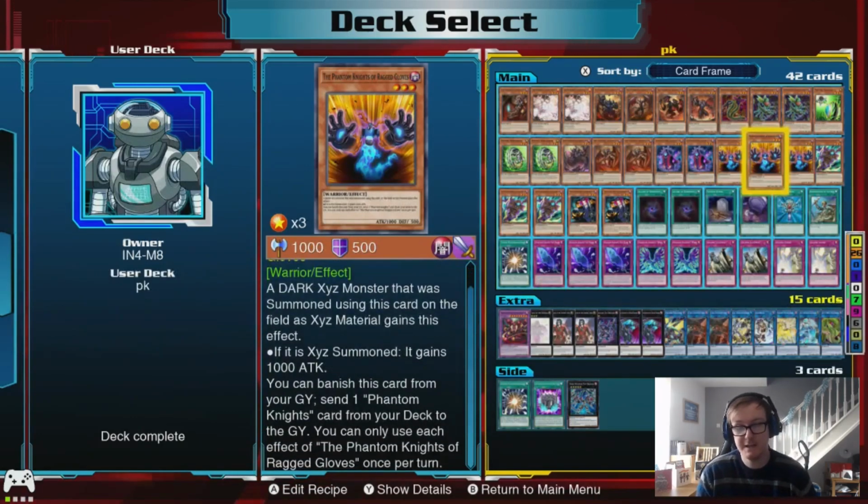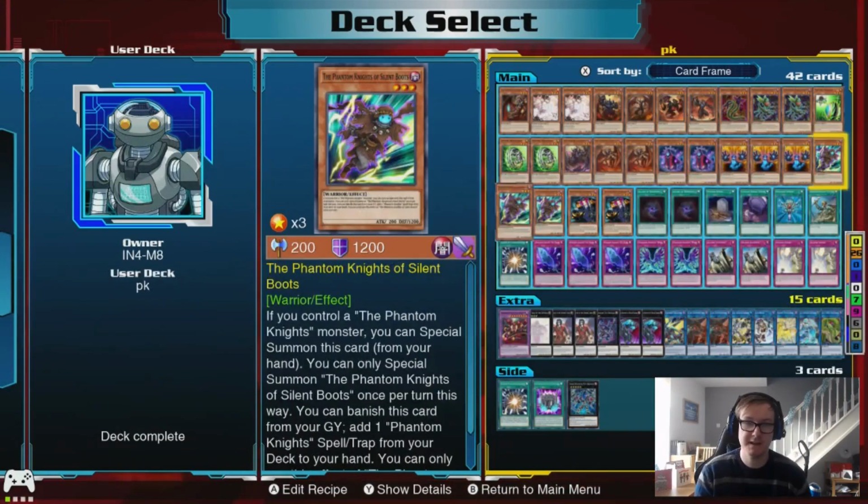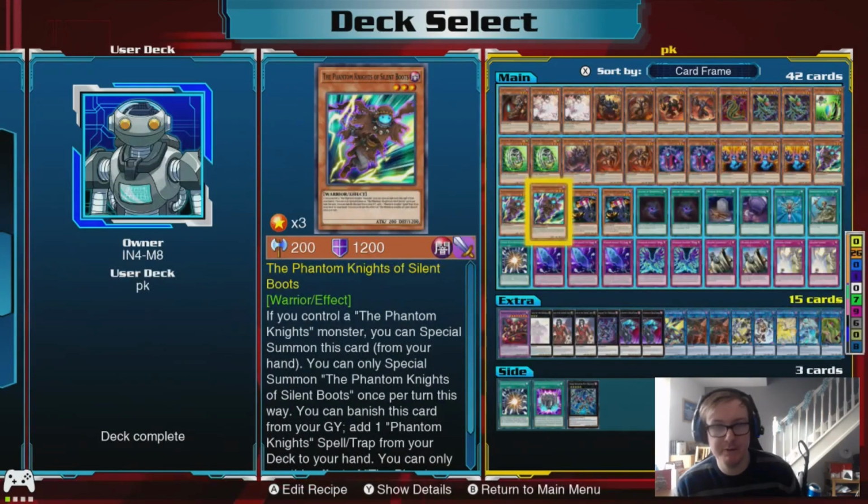And also you can banish it from your grave to send any Phantom Knight card from your deck to the grave. So you can send the trap cards for a Monster Reborn, or you can send the monsters for the monster effects. We've got 3 copies of Silent Boots, known as the best card in this deck, because